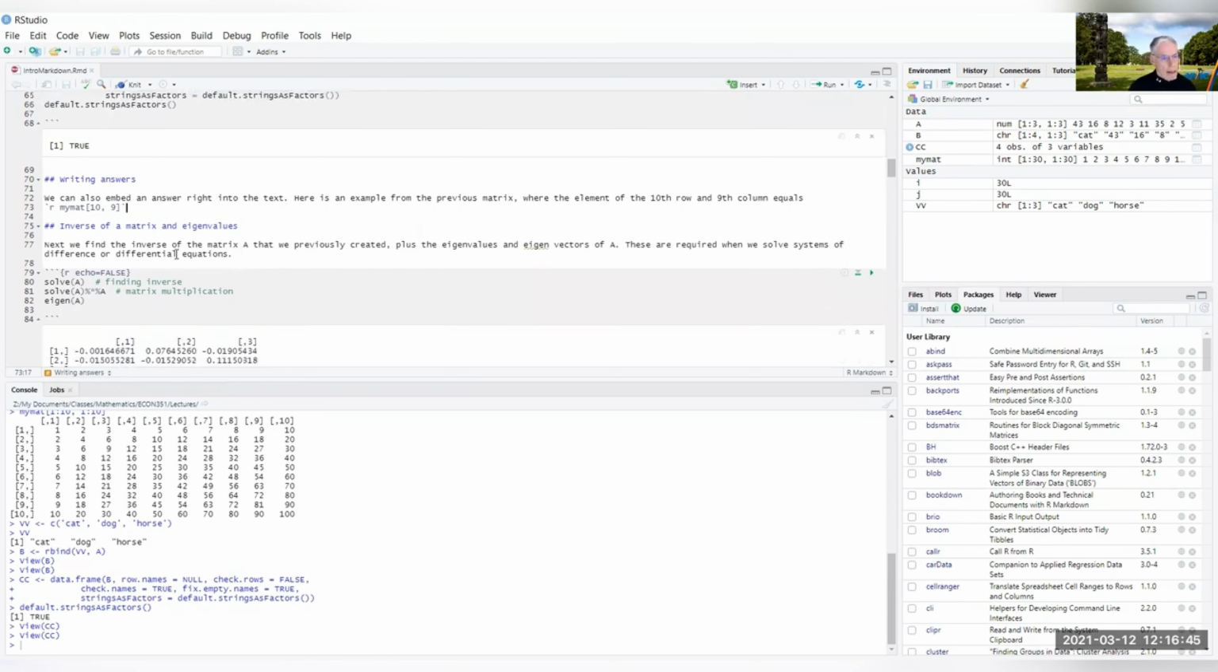Next, we'll look at the inverse of a matrix. That's done using a solve, because we usually assume something along the lines of AX equals B, and we want to solve for A or something. The thing to recognize here is that matrix multiplication requires that you have percent star percent. So if you don't have the percents on each side, what you're doing is element by element